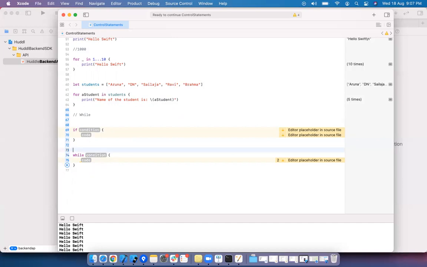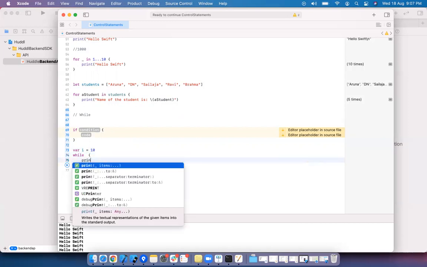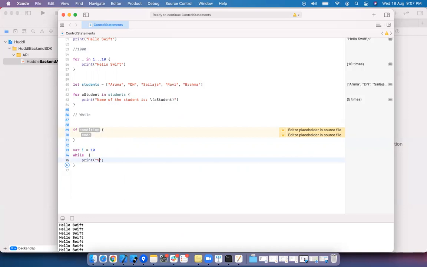Let me put here: let i equal to 10. I will write the condition there. First of all, I'm printing value is i.